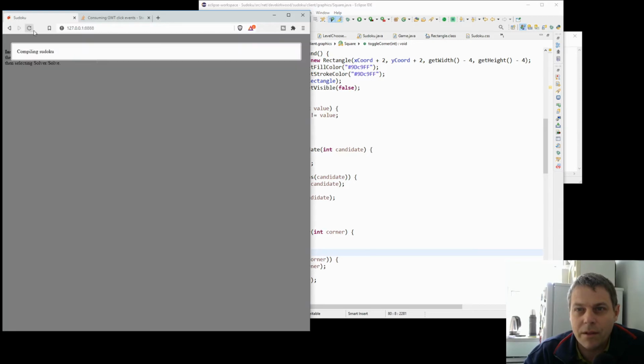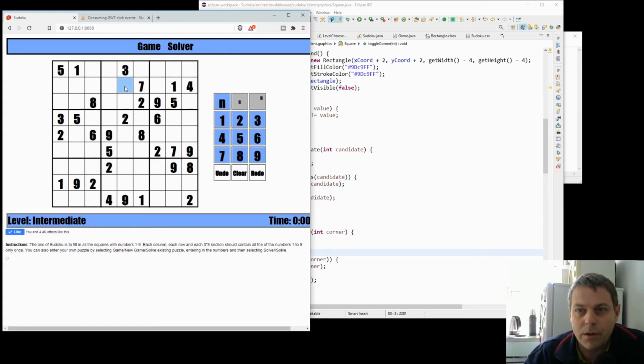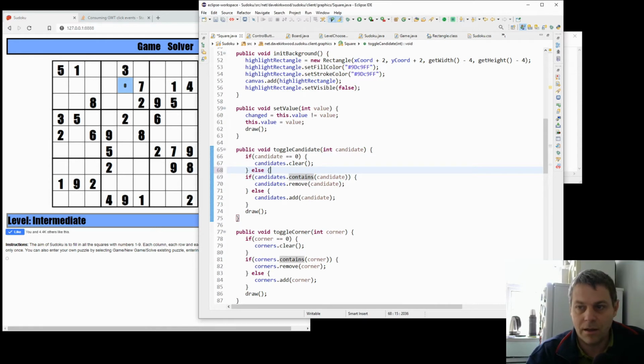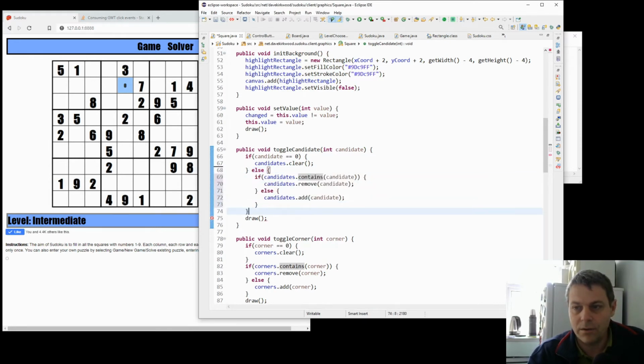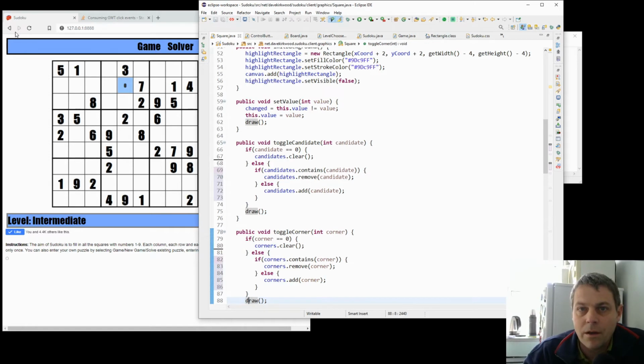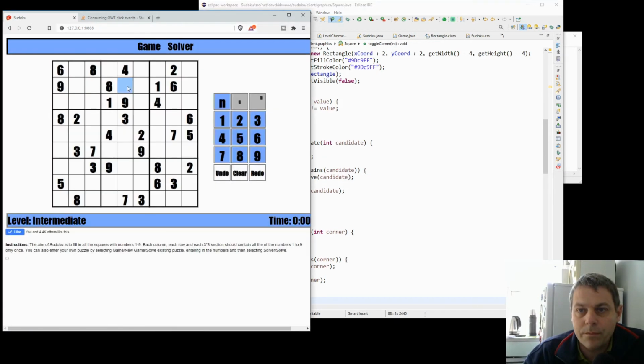I do need to have a think about how the undo and redo are going to work. 1 2 clear, and candidate 2 5 8 clear. It goes to 0. Candidates clear, else add the candidate, and same for corners. Clear 2 5 8 clear. Okay, and